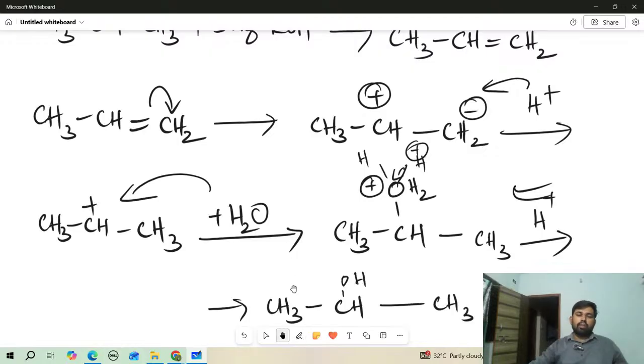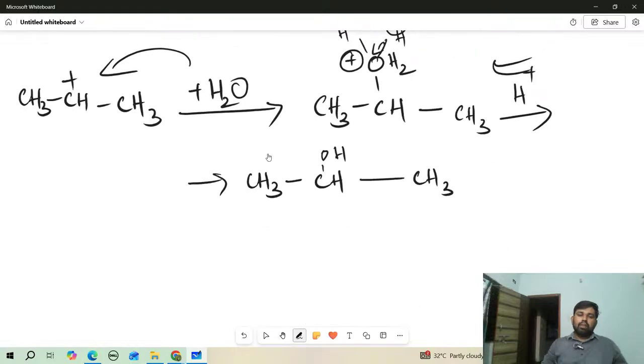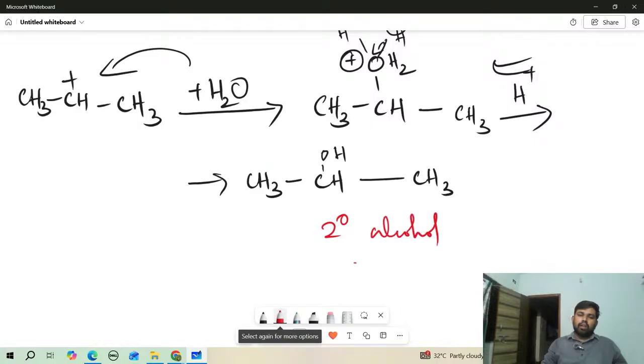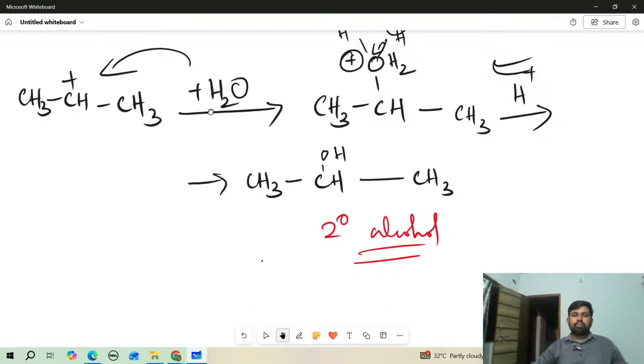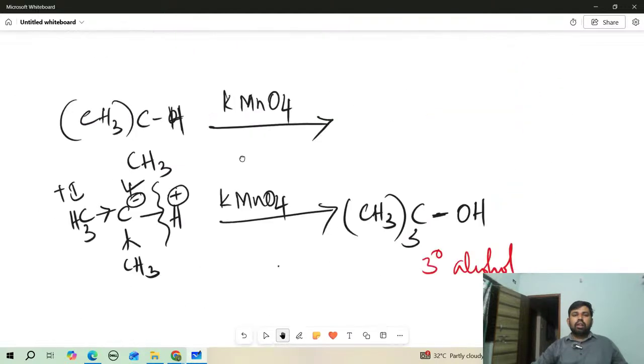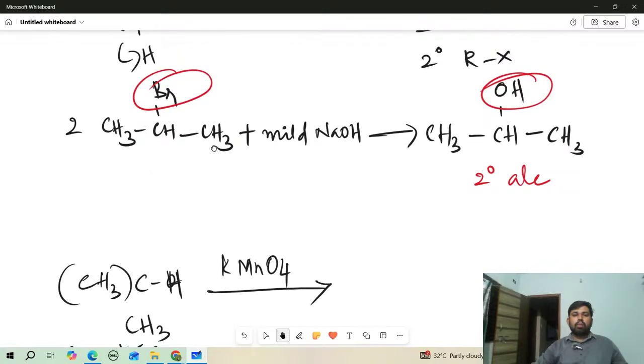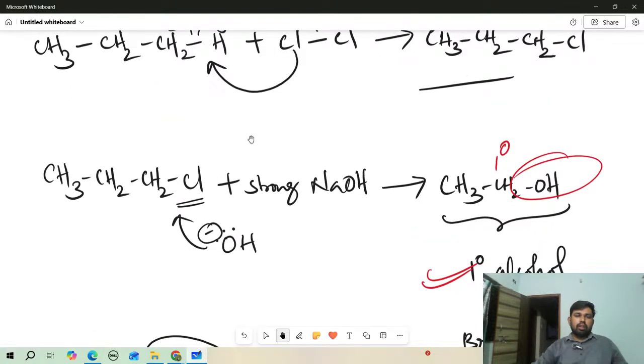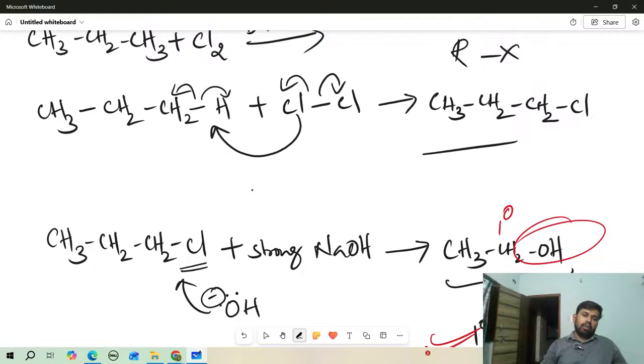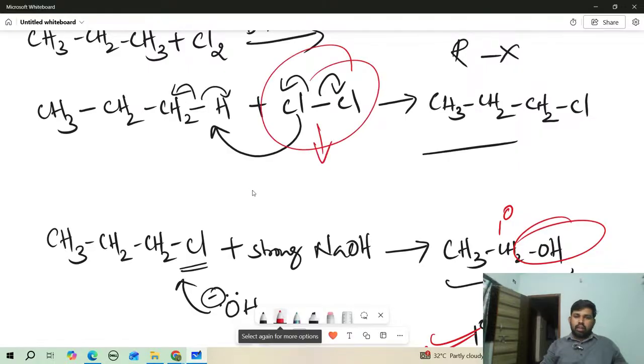So now we got, in this way, the secondary alcohol. Now you can see one thing here, did you observe or not? When I want to prepare a primary alkyl halide for alcohol, I took the chlorine, because chlorine is actually